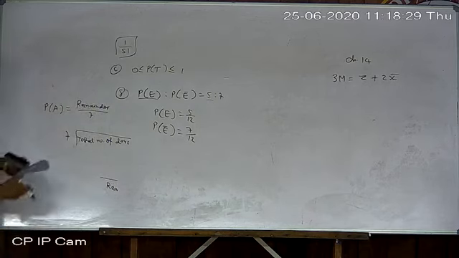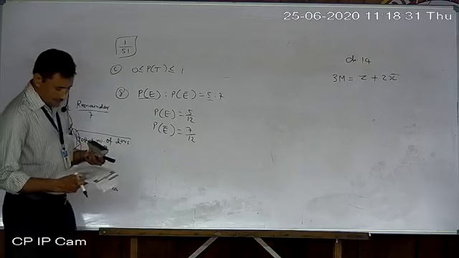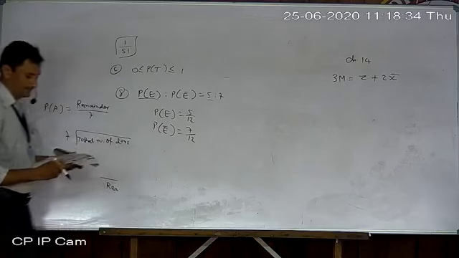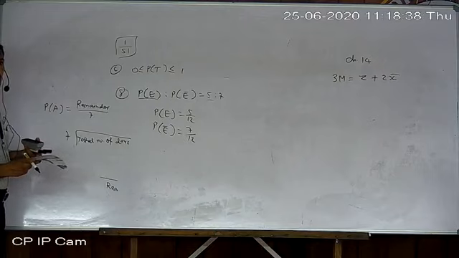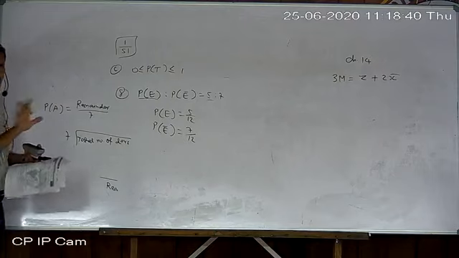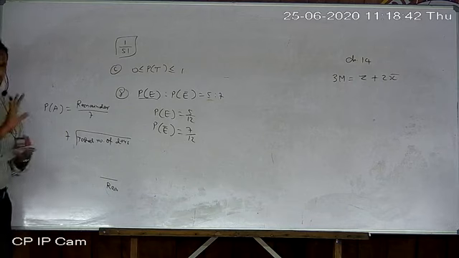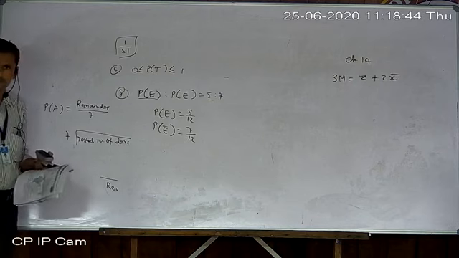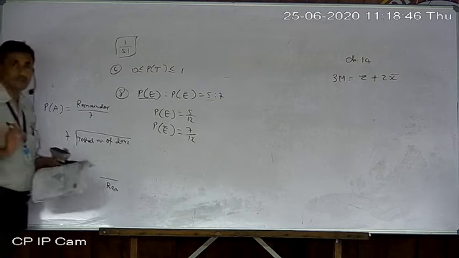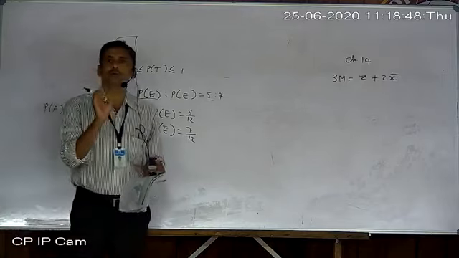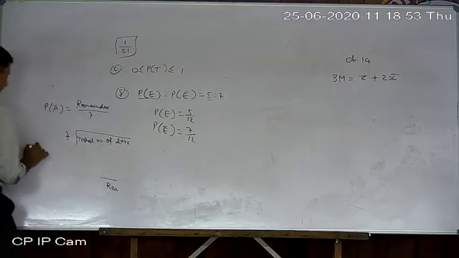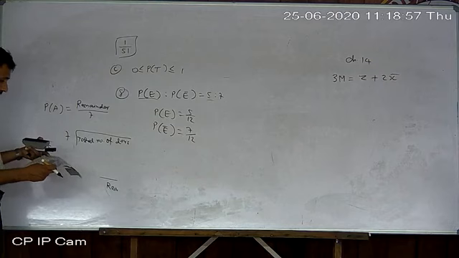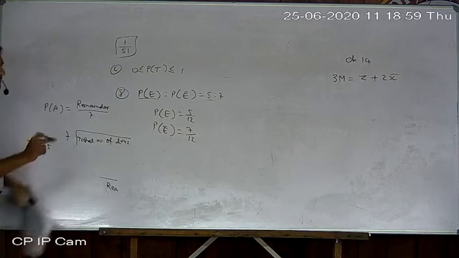Suppose I want to solve 9. In 9, the probability concerns a non-leap year, so it is regarding a year. 53 is not important for us, and 5 is not important whenever a month is there. We are just concerned with the total number of days. The total number of days in a year is 365. So I divide 365 by 7. Why 365? Because it is a non-leap year. If it is a leap year, then 366.